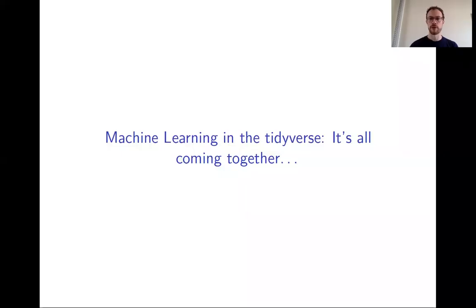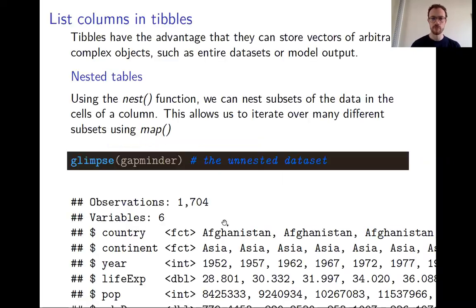So after some background information on machine learning, now let's look at how we can implement this machine learning workflow with the validation set approach in R and in the tidyverse. The tidyverse, or specifically tibbles, have one advantage, and that is that tibbles can store arbitrarily complex objects in columns,